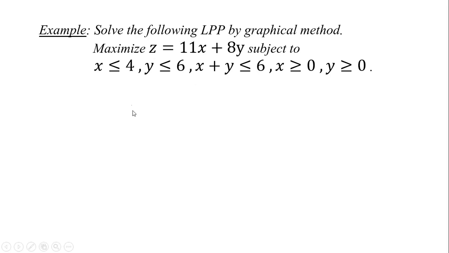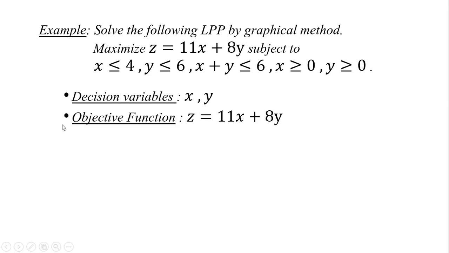So let us revise the terms we have used previously. In this problem, decision variables are x and y. Now to solve this LPP means we have to find values of x and y. Now second is objective function. This z is equal to 11x plus 8y. It is objective function and it is to be optimized. In this example, it is to be maximized. That means we have to find values of variables x and y which will give maximum value of z